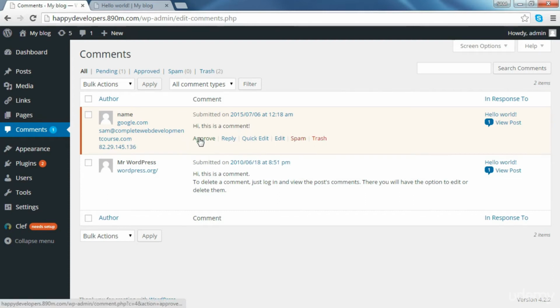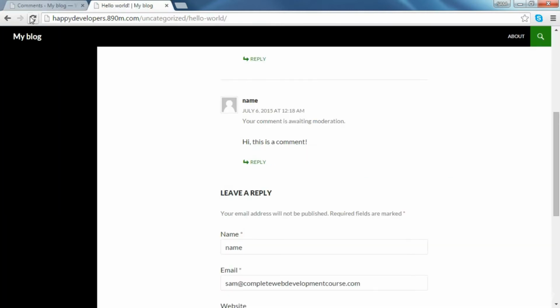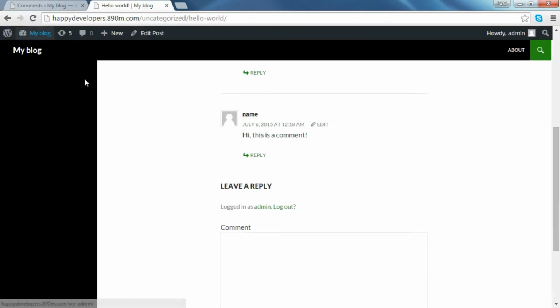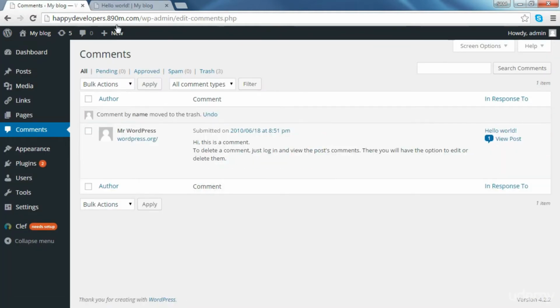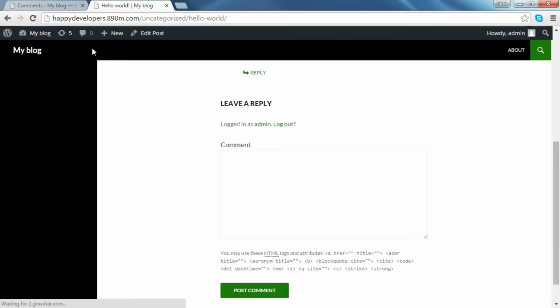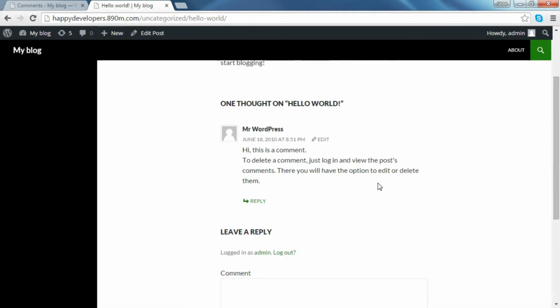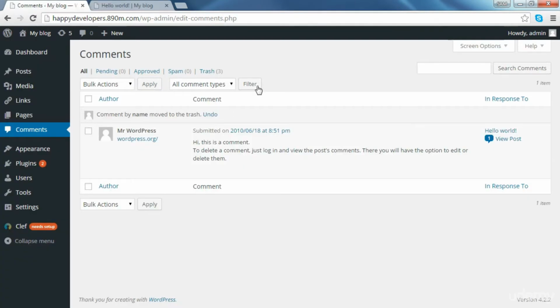And we've got plenty of choices there. So if you want to approve the comments, you just click on approve. And if we refresh the page, now we don't see the message saying that the comment is awaiting moderation anymore. Okay. We can delete the comments if we want to by clicking on trash. And now if we refresh the page, the comment has disappeared. All right. Okay. Now let's move to posts,